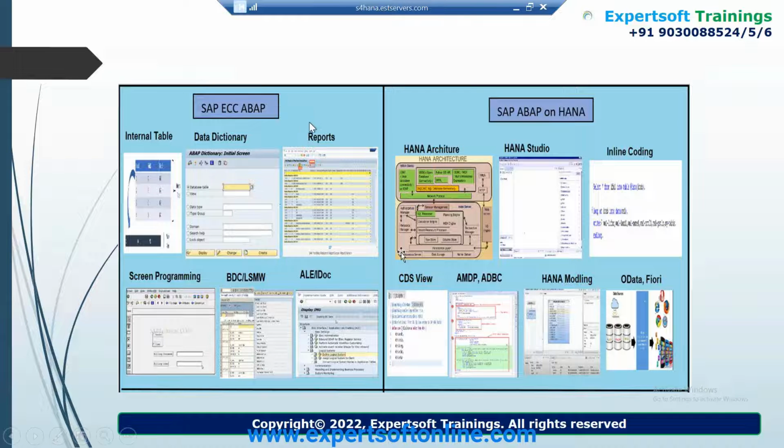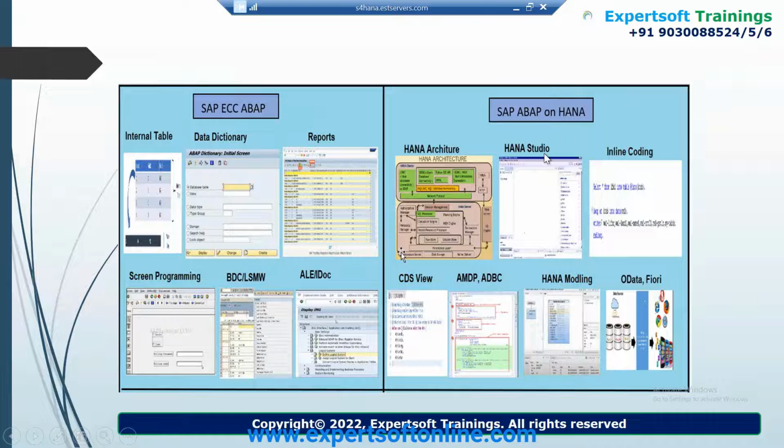So with the evolution of SAP, we came to a GUI based system. And when it comes to HANA, as all technologies were transforming, SAP also thought of transforming itself. So they brought ABAP on HANA with Fiori as a front end.